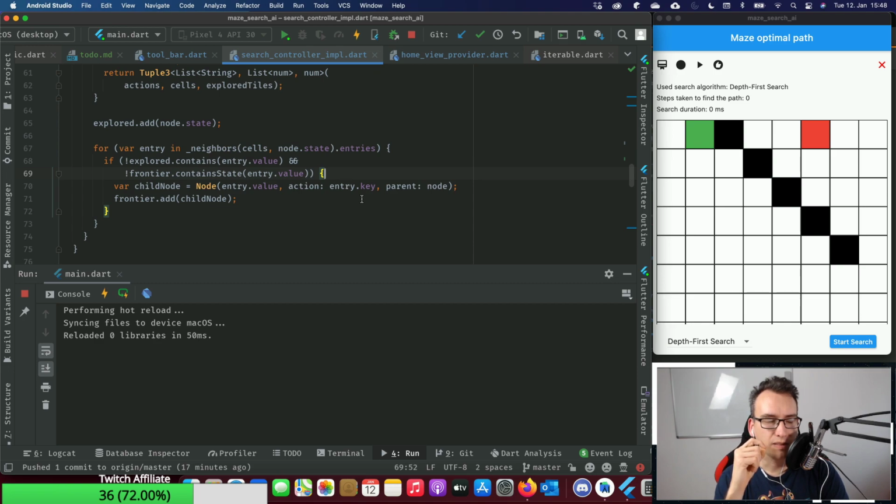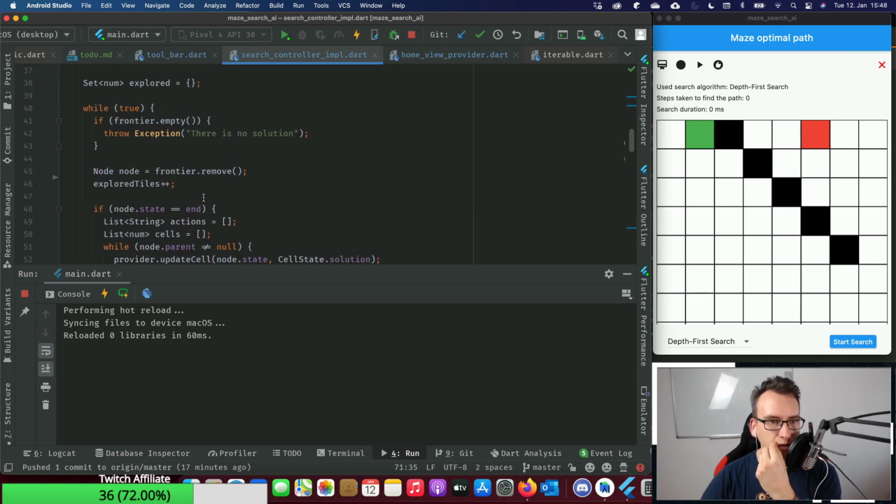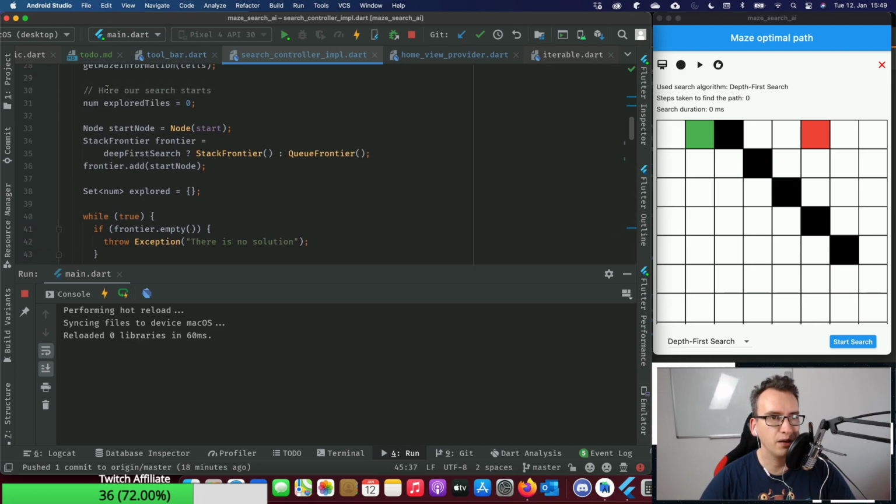And what happens if we, so we can do the following. We add here the frontier, and as soon as it's getting added, so actually this part tells us if a node or a cell has been visited. And now what we would have to do is we would ignore the first one. So what we could do is taking this number up here.